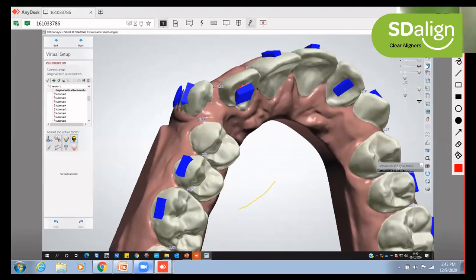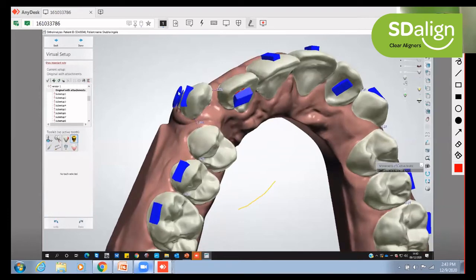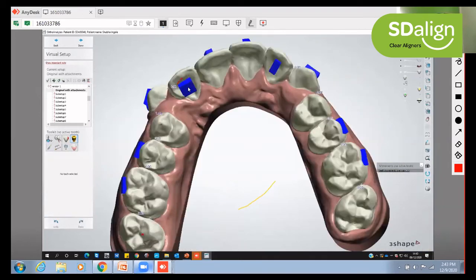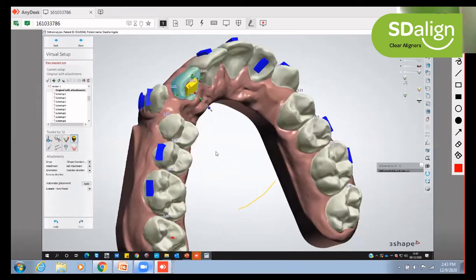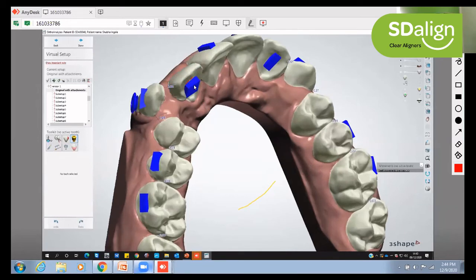When the aligner is thermoformed, you have a hollow area in the tooth aspect, but on the aligner it will be an elevated portion. So you will feel a bump here in this shape, which will tell you that this is a bite ramp, so that the lateral incisor doesn't unwantedly tip inwards. So it's like a counter tip.